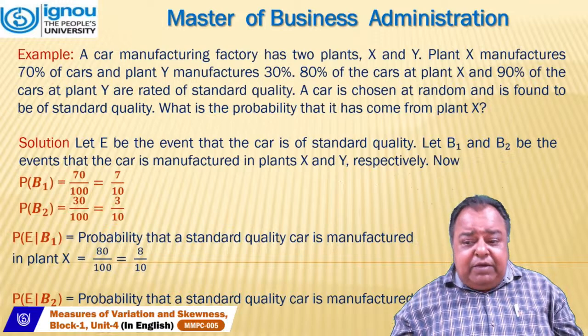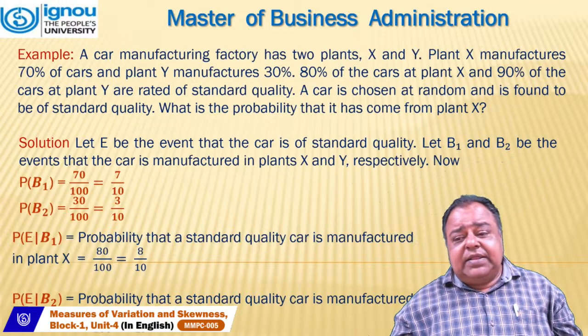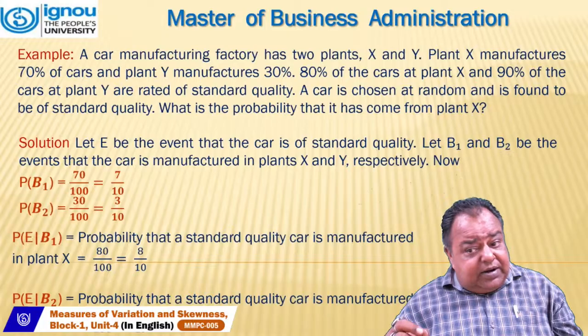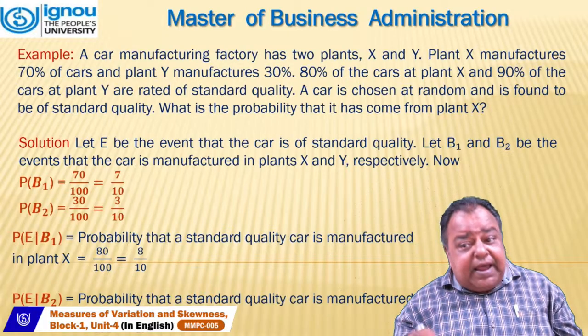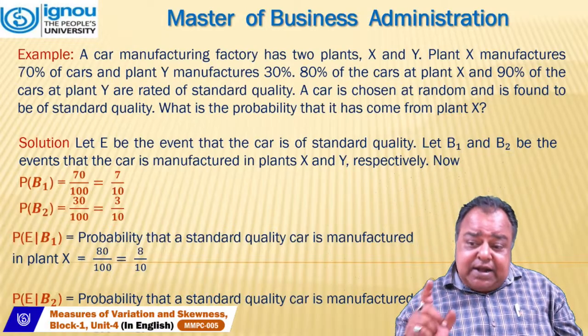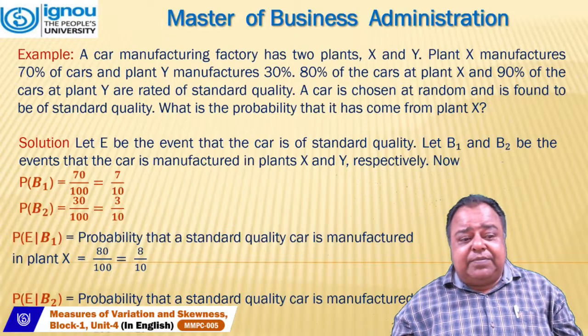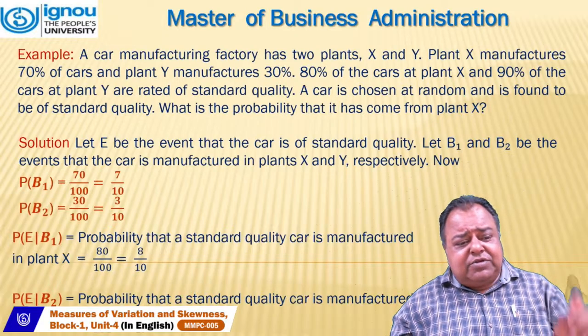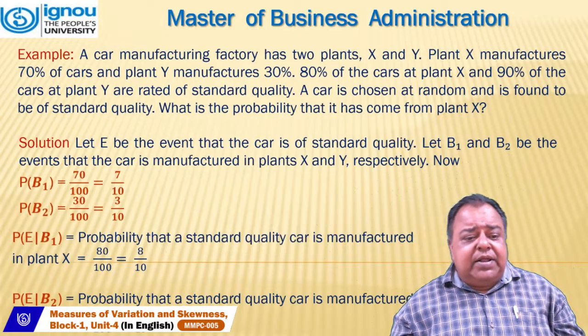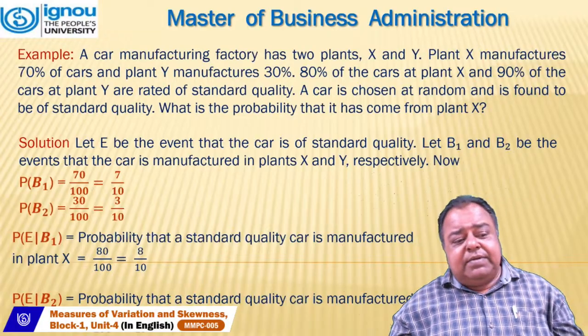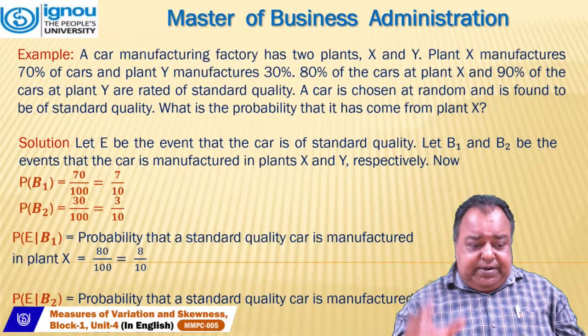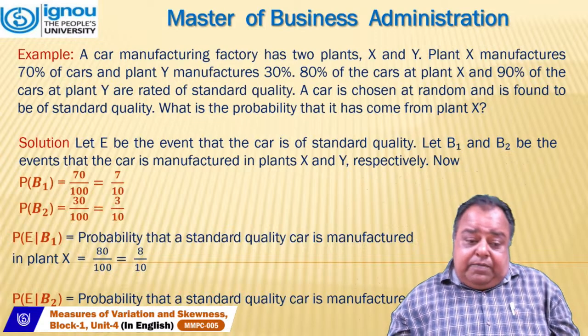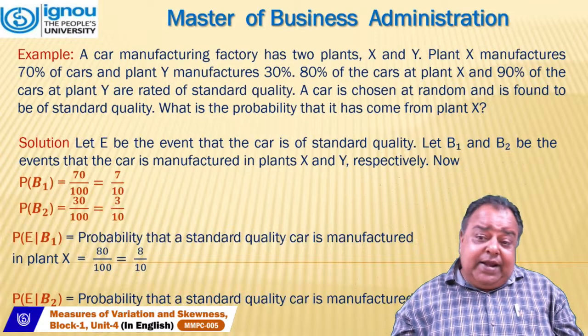Now, B1 and B2: here we have taken that a car B1 is manufactured by plant X and B2 is manufactured by Y. Now, what is the probability of getting a car from plant 1? That means we manufacture 70% of cars from X, so 70 by 100, and the total is 100. It comes out to be 7 by 10. Similarly, B2 will be 3 by 10. Now, the second condition is